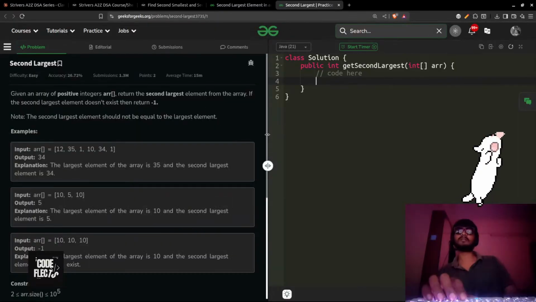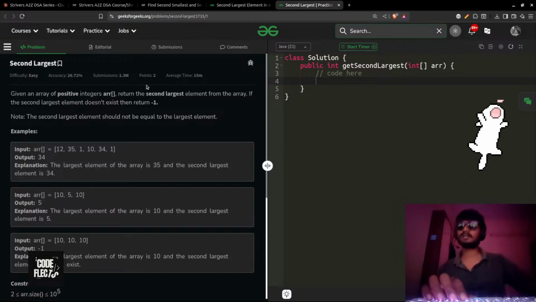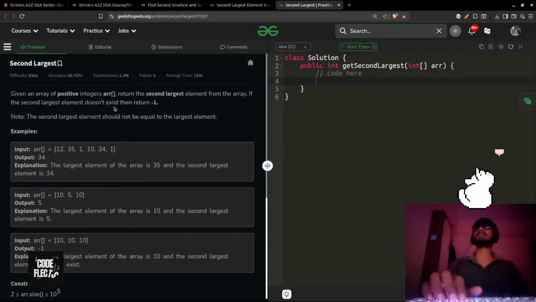We'll go here. Now given an array of positive integers, return the second largest element of the array. If the second largest element does not exist, then return -1. What does this mean? Given an array of positive integers,